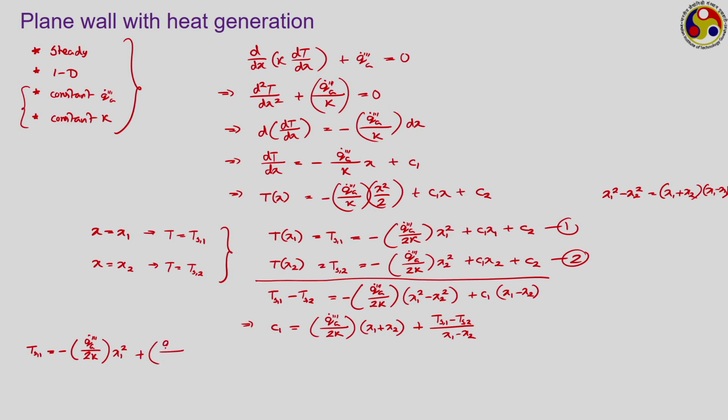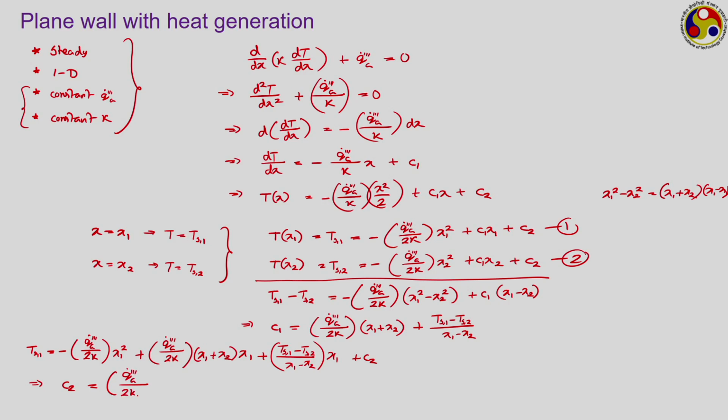So, what is your C 1 x 1? q 0 triple prime by twice k into x 1 plus x 2 into x 1 plus T s 1 minus T s 2 upon x 1 minus x 2 into x 1 plus C 2, which gives you C 2 to be equal to